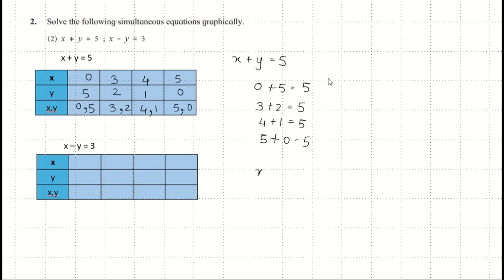Taking the second equation, x minus y is equal to 3. On subtraction, we need to get the number 3. So the possible ways are, if we take x is equal to 1, 1 plus 2 we get 3, but here it is a minus sign. So 1 minus, this can be written as minus 2 is equal to 3, which means 1 plus 2 is equal to 3. So x will be 1 and y will be minus 2. Here the points are 1 comma minus 2.